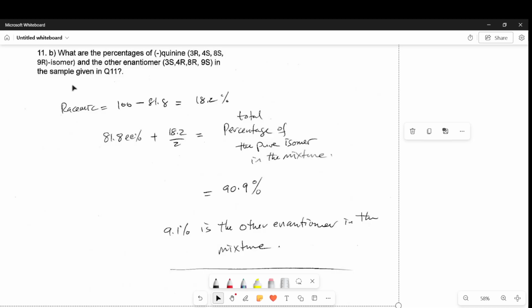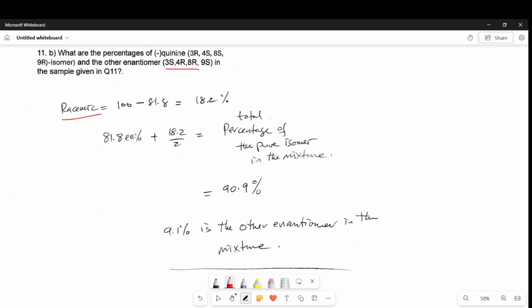Okay, part B of question number 11 is a continuation of the previous question, 11A. It asks what are the percentages of the desired quinine and the other enantiomer, which is not the desirable one, the mirror image, which was inadvertently synthesized while trying to make the pure one. So what are the total percentages? This is a percentage, how much they are. So first you have to know how much is in the racemic mixture. Racemic means